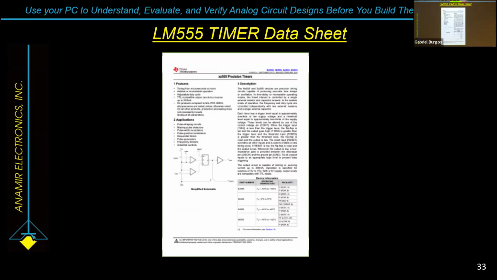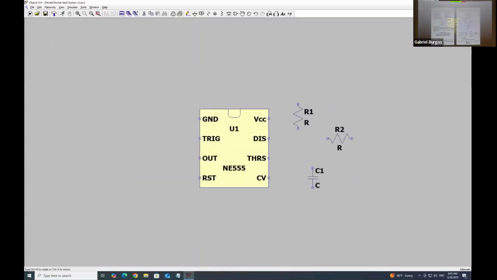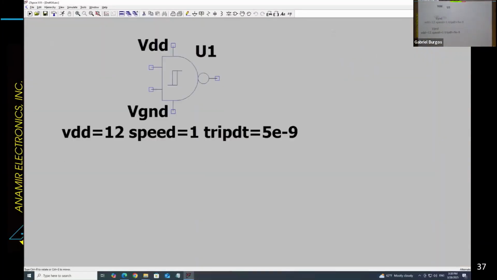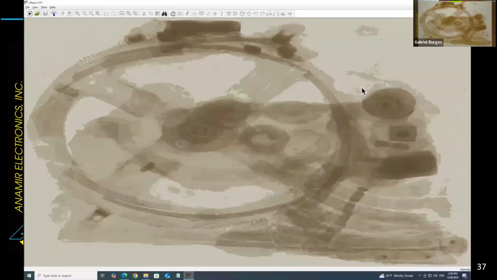This is the 555 timer. It's a circuit that's been around for a long time. There is a model of it in LTSpice that comes with it in the miscellaneous category, but it's got comparators. It's got a gate, and it is quasi-analog. We call that analog and digital. But the thing I want to really talk about is